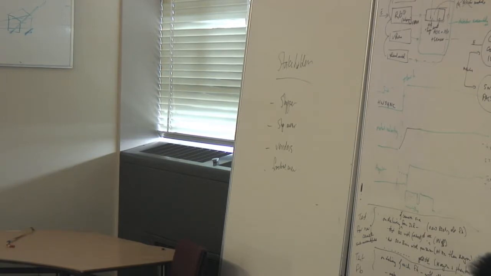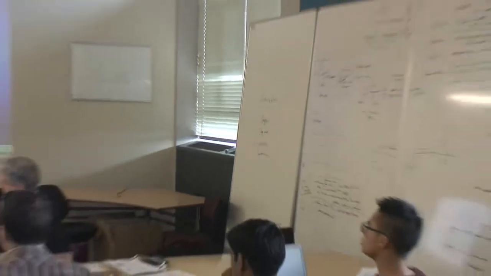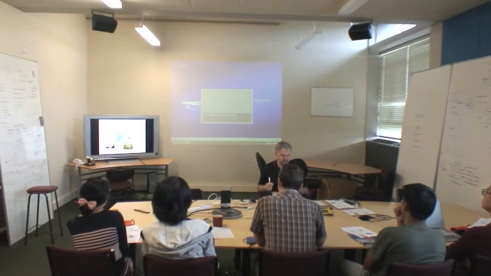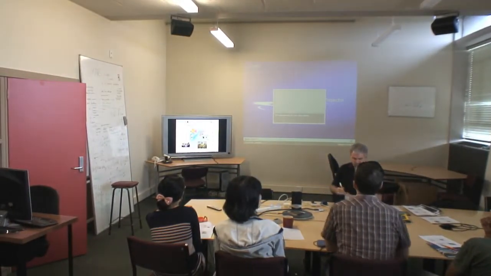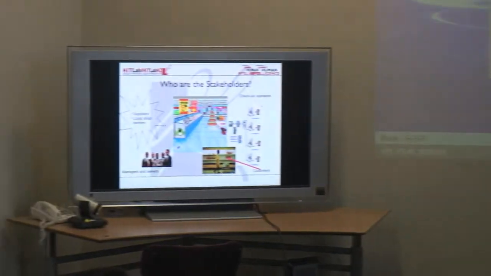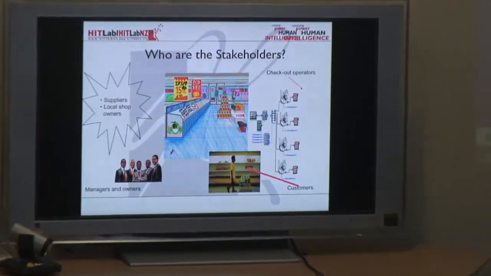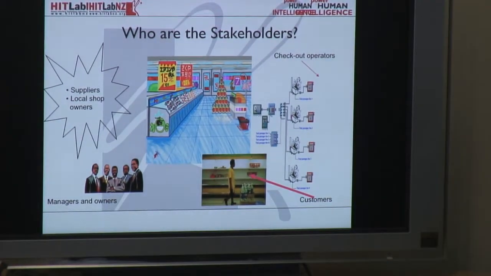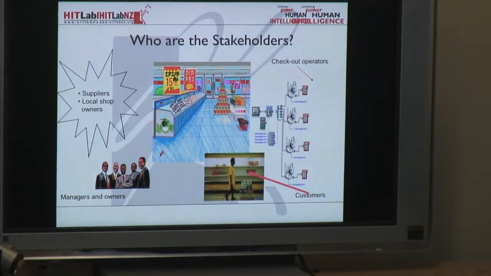So I've got a slide here. Of course there's the customers, there's the vendors and suppliers you talked about, the managers and owners. So it may not necessarily be the individual shop owner, but it could be the manager for the whole chain. Another person that could be affected would be the checkout operators and the people that are working in store. Previously you would have had customers oftentimes ask the people in the store how to find different products.